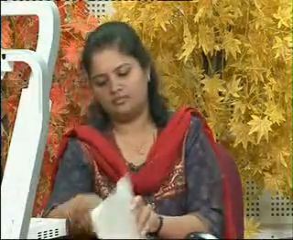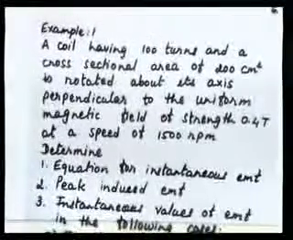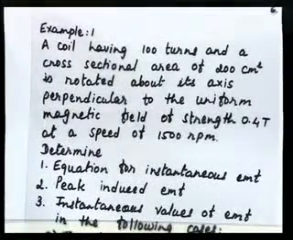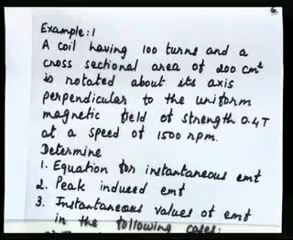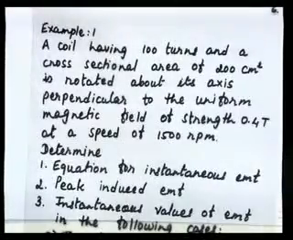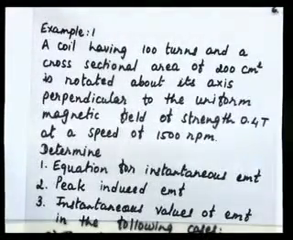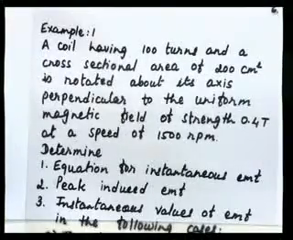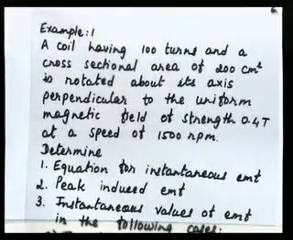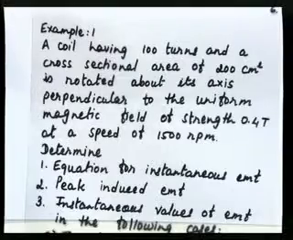Okay, now to explain this generation of voltage, we will solve an example. As we discussed, we have one coil and a magnetic field, and after that we can generate the alternating voltage. In the same way, one coil having 100 turns and cross sectional area 200 centimeter square is rotated